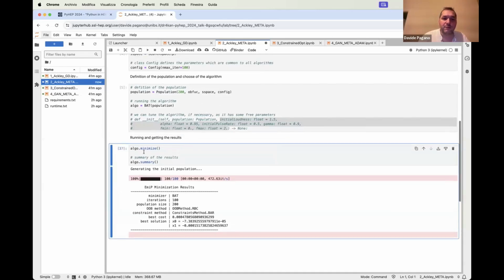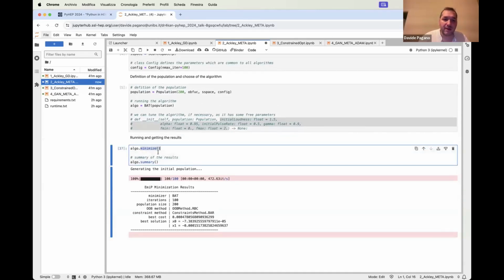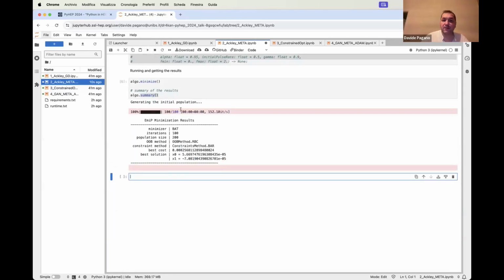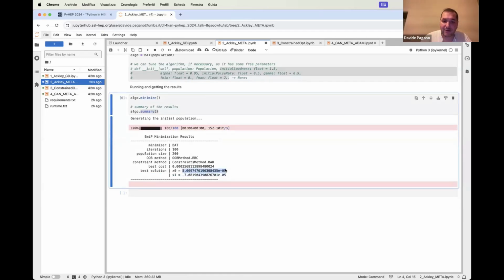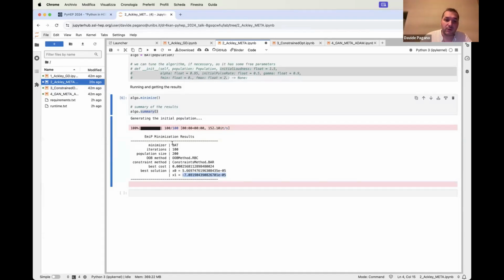And then to perform the minimization, just call the minimize method. And here we have the summary. Let's run. It's very fast, as you can see. And as I told you, the global minimum is at the position 0, 0. And you can see we went very close. Here we used the algorithm. This is the number of iterations, the population size, and those two parameters are not relevant here because this is an unconstrained optimization problem. I will explain them in the next notebook, this one.